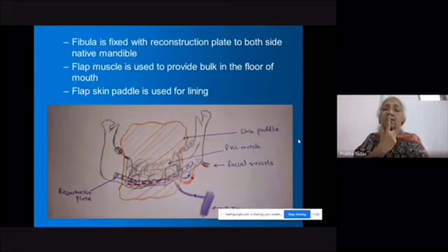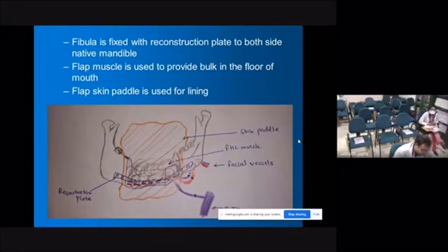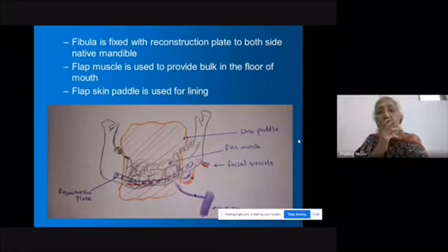Now, this fibula is harvested along with the FHL? Or without FHL? Along with FHL. Okay. There is a lot of floor of mouth defect, so this FHL will not trouble you. Otherwise, if you change the side of the anastomosis, this FHL will not allow it to come in place because of the bulk, if the floor of mouth defect is not there.